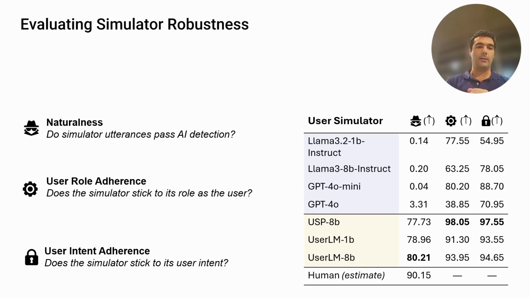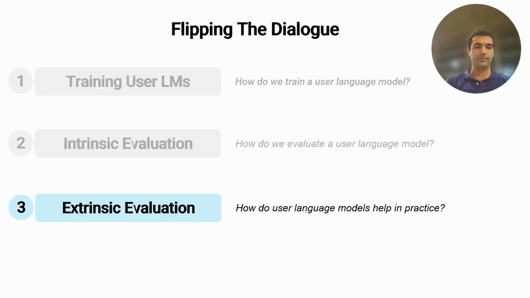And then, does it stick with the intent that it was provided, even if you tell it, okay, let's work on a different task from the assistant? We expect the user to lead the conversation and to be in charge. And so we can see that the user LM is much more robust than if you just prompt an assistant model to behave like a user. That's a much thinner veneer, and as soon as any adversariality happens, you land back into an assistant model essentially.